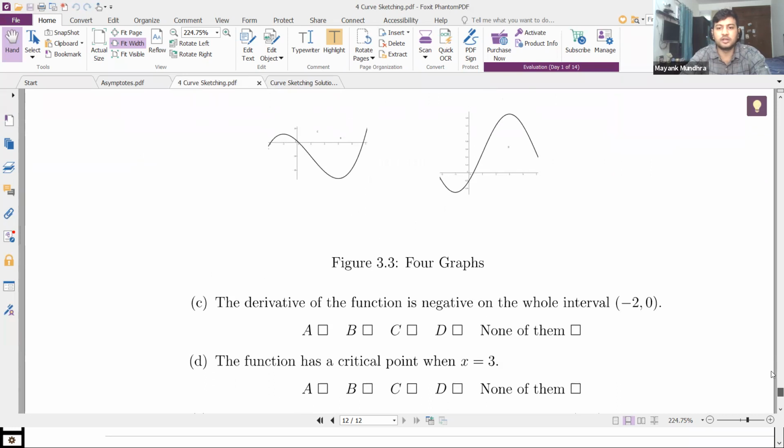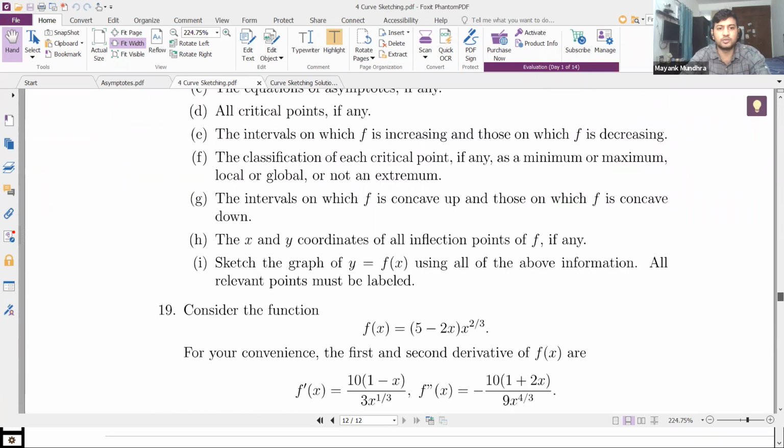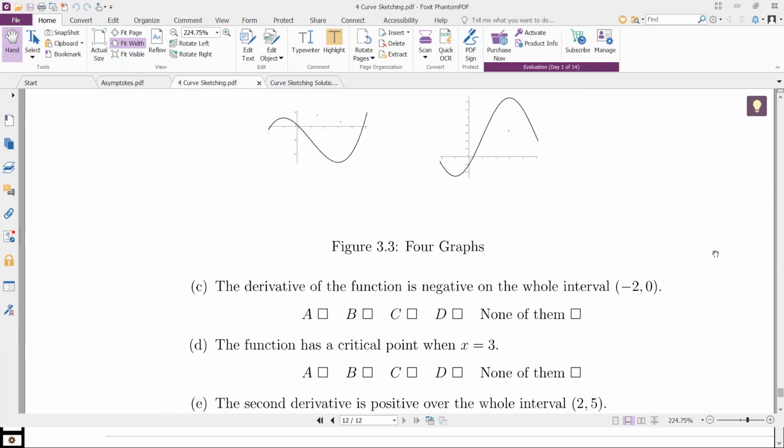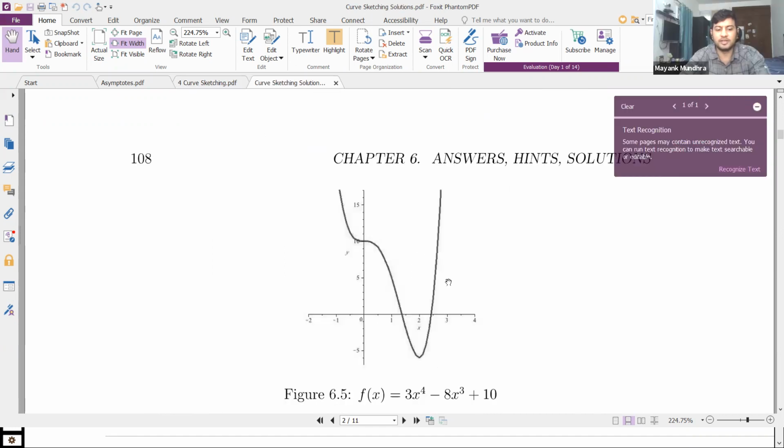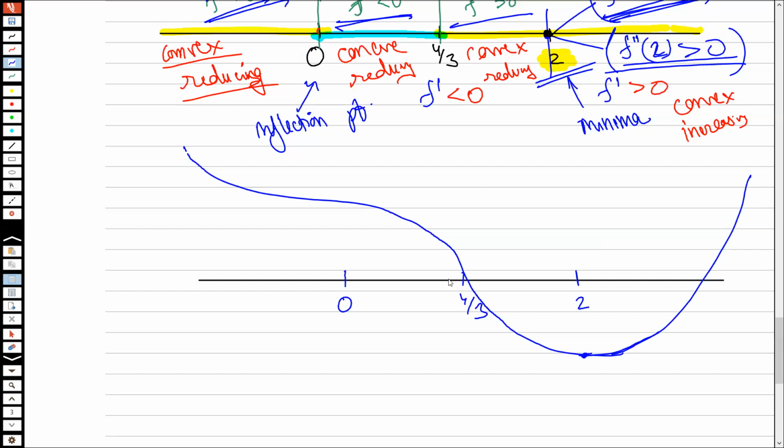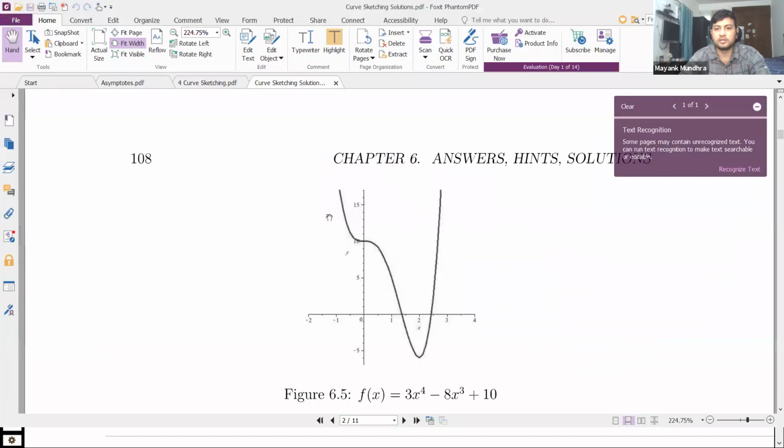Let me take one more example. You don't need to do all of them. It's sufficient to do, let's say, the first 15. Yeah, so can you please show the graph once? You mean the actual solution or my solution? The one which you have drawn. This. Okay. This is the solution. Yeah, okay, thank you. This one also has the solutions. Okay, so at 0 you have the first inflection, then at 4/3 you again have an inflection somewhere here, and then it keeps on going up, convexing. Okay.